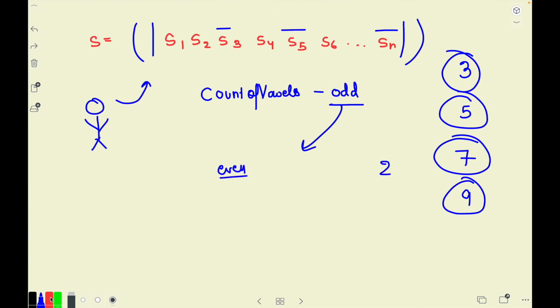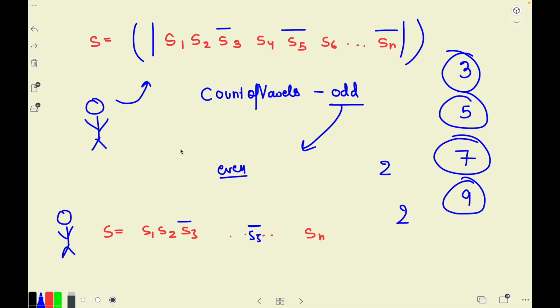So let's try to draw the string again. Let's say the string is something like S1, S2, S3, and so on till Sn. Let's say there are only 2 vowels. Let's say S3, and then some middle characters over here, let's say S5, which is also a vowel. Now what does Alice do? Alice starts off, and Alice says, I want to play, but I also want to play in such a manner that next time Bob does not play. So if I have 2 vowels coming into the picture, or simply said, an even number of vowels,